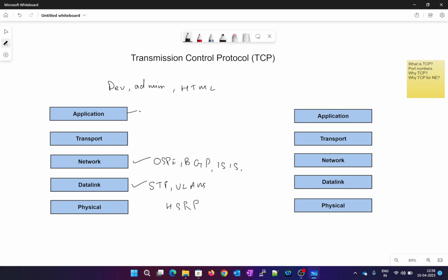If there is a problem with the network, with delay, with VLANs, or with routing, right? All those things can be taken care of by the network engineers who work on layer 3 and layer 2, right? But